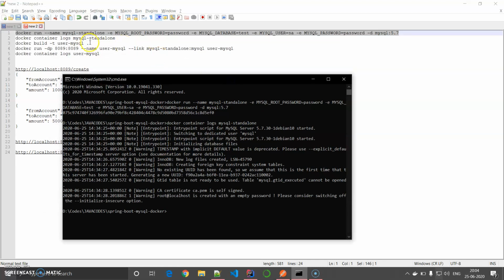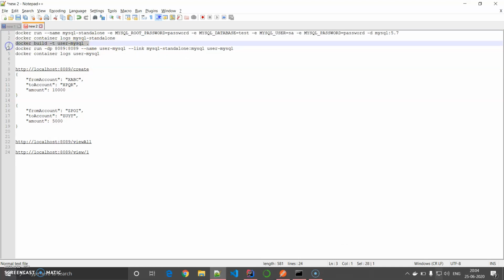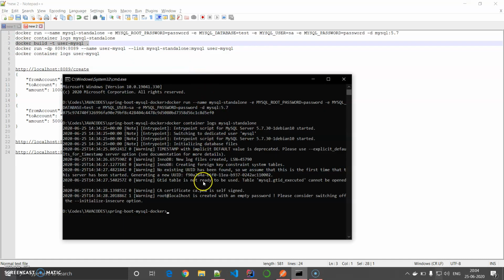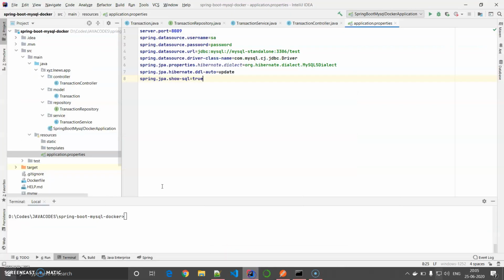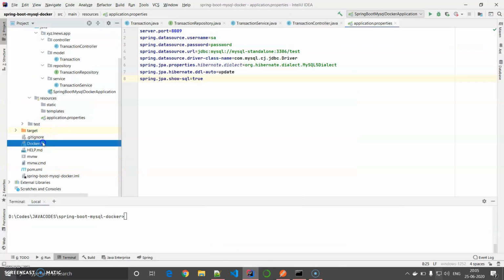Next, we are going to run docker build -t user-mysql. What will docker build -t do? It will build my Docker image with the help of the Dockerfile present in this particular directory, and the package that I have used in the Dockerfile. Let me show you the Dockerfile over here.